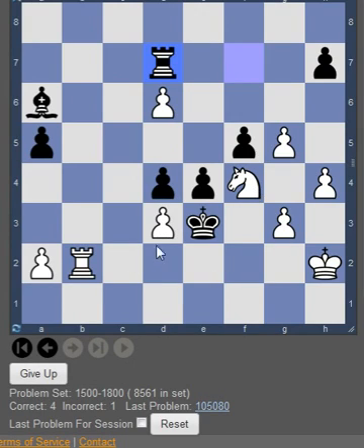So white to move, and I think this is going to be a quiet problem. No, not too quiet, because he's going to take on d3. I almost have a checkmate here. Moving the king over to g2 threatens a mate because of rook e2, but he can just take on d3, and I think that